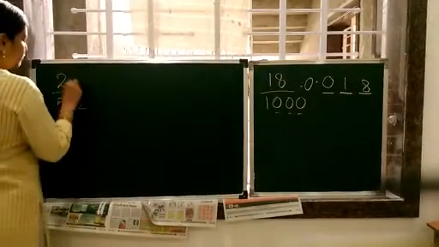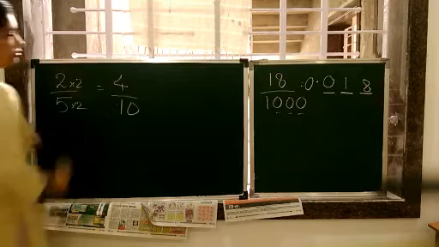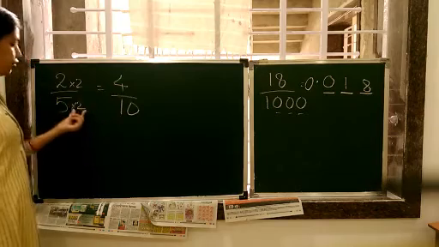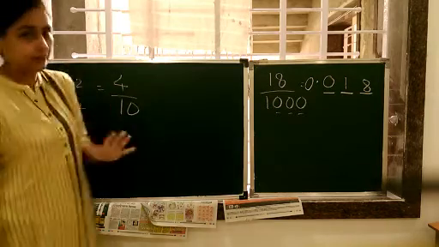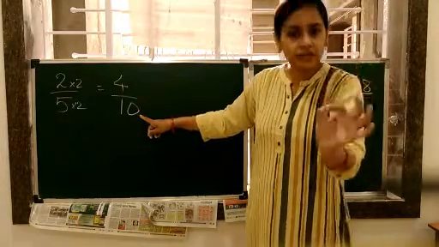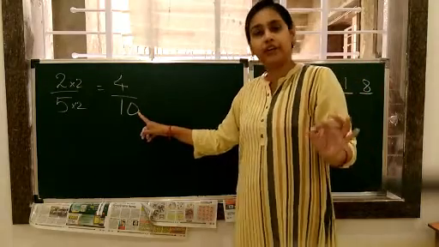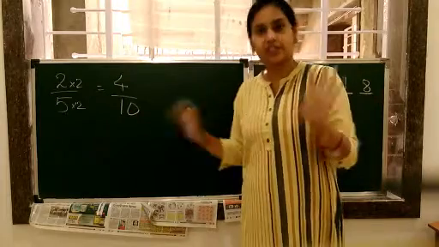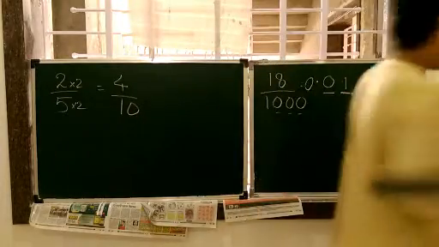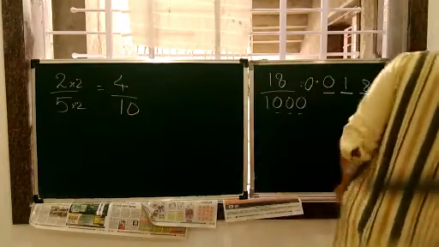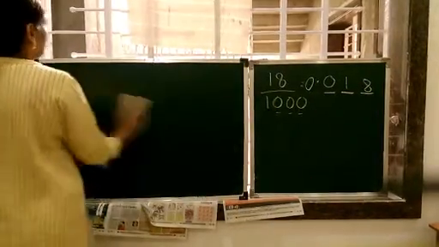So let's do it. Now it is very simple to convert it into a decimal. So what do we do? We multiply here with a suitable number so that our denominator changes to a 10 or a 100 or a 1000. First we try for 10. If it is not happening, we go for 100. If it is not happening, we go for 1000. If it is still not happening, then the question itself is wrong. Okay. So depending on this, children, we have the Try These on page 167. We are going to do that today.